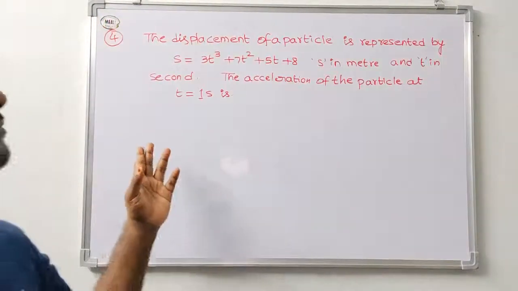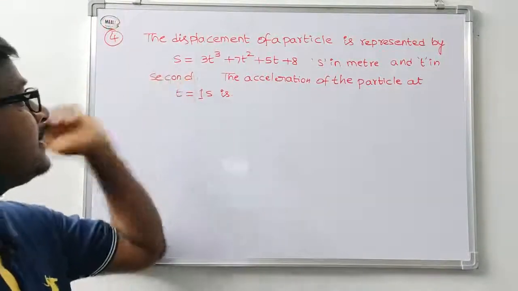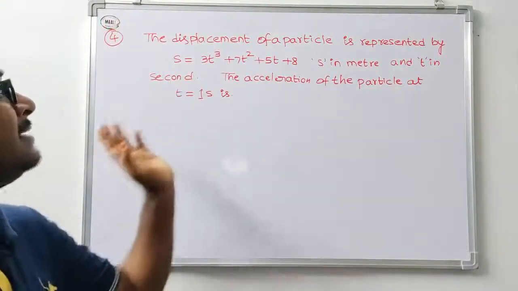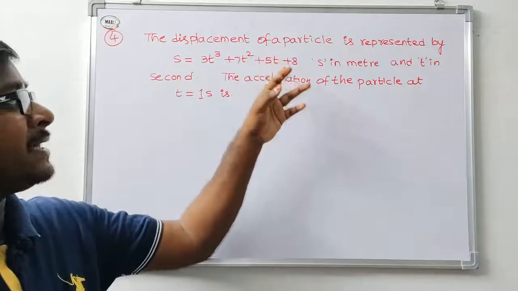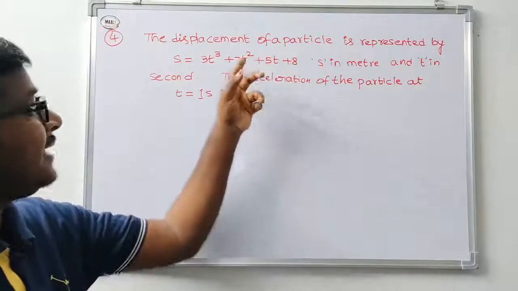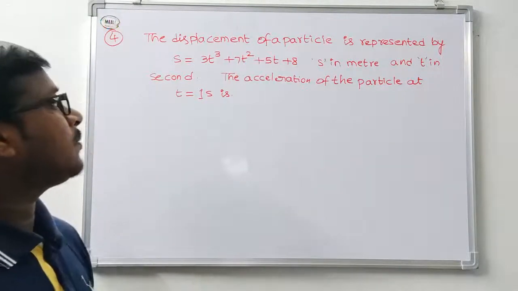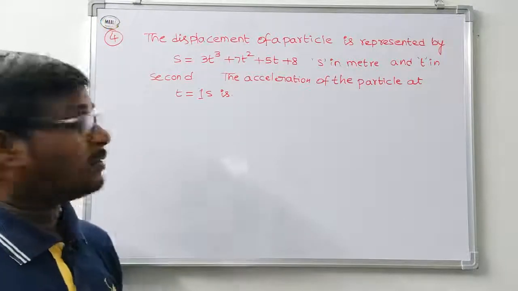The fourth problem: the displacement of a particle is represented by S is equal to 3t cube plus 7t square plus 5t plus 8, where S is in meter and t is in second. The acceleration of the particle at t is equal to 1 second is... Okay, students, this is the